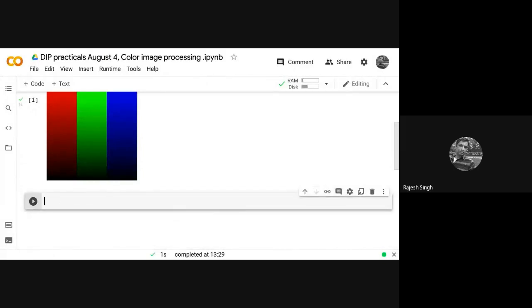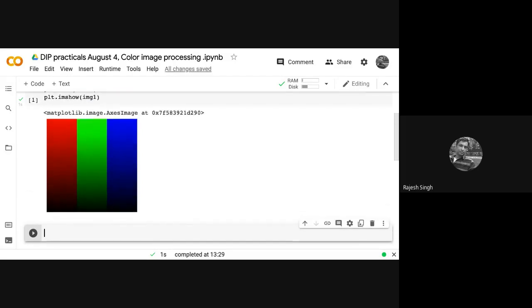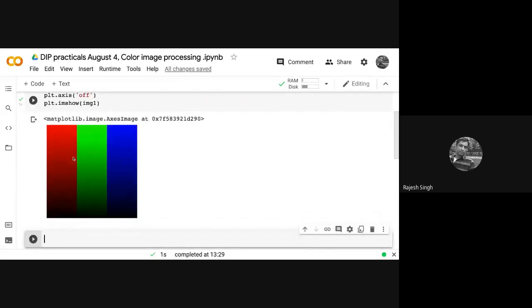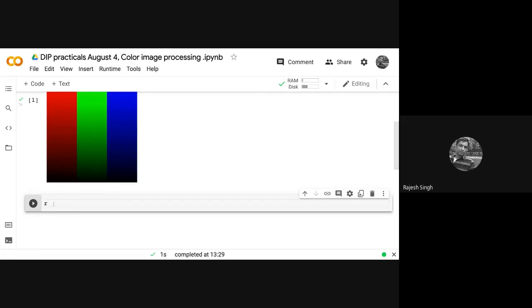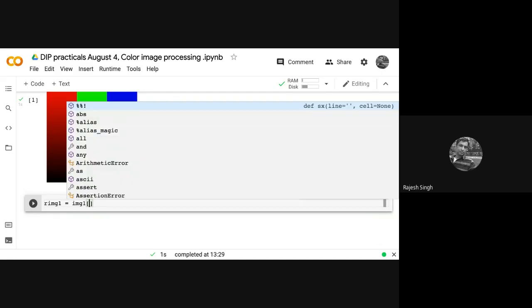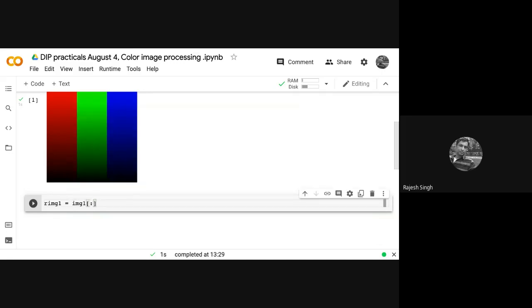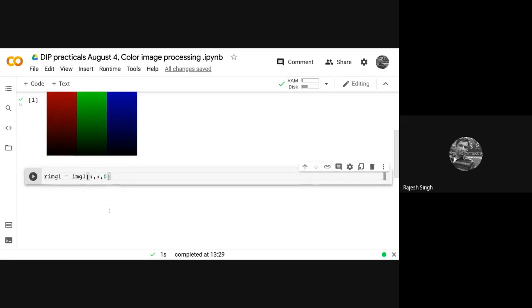So the command for separating the three components here would be, this is img1, so I will simply write r_img1, and this is the red component of the img1 image. So the command is img1, like this, and then you put colon, comma, and write 0. The moment you do this, you actually extract the red component.